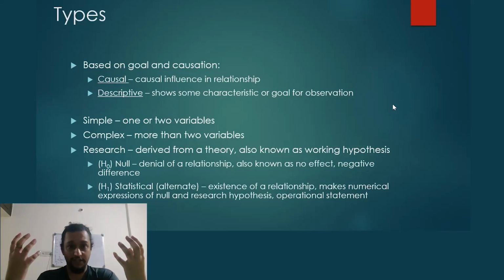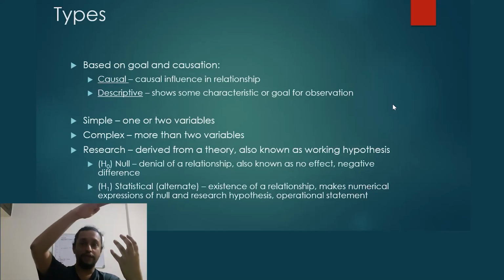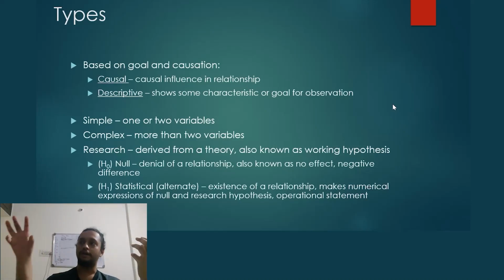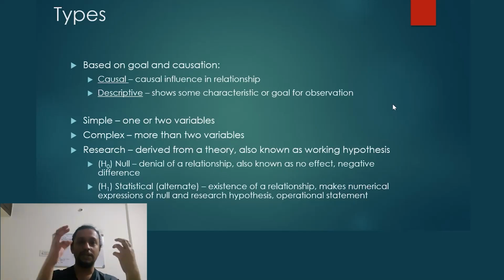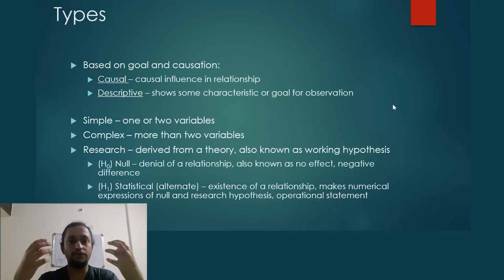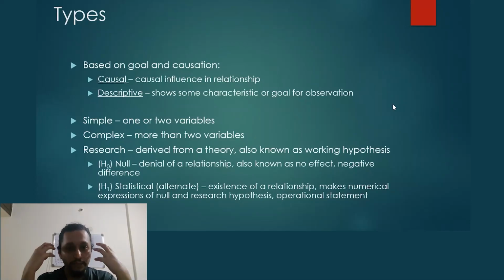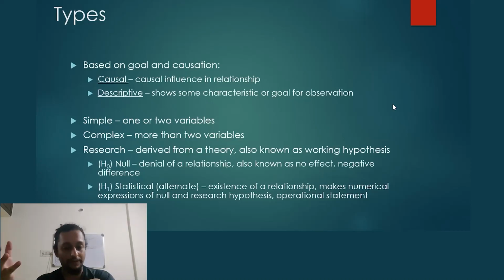Now, in this sort of a scenario, if you get a situation where intrinsic motivation positively impacts all of these things and student engagement positively impacts all of these things, then you cannot have a null hypothesis, because your literature is telling you that there is a possibility for a positive relationship between these two, because everything else in between that is related is having a positive relationship. So in that case, you'll have to have an alternate hypothesis where you make a claim of the existence of a relationship, where there is an operational statement saying that there will be a relationship between these two because the literature is pointing towards that.